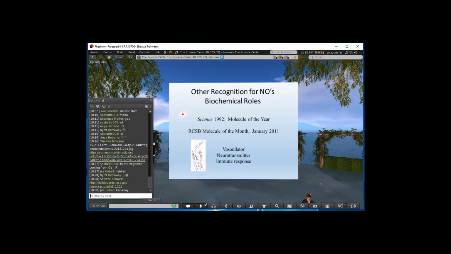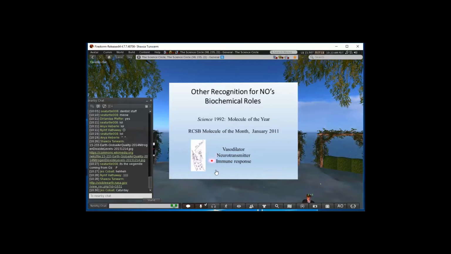So nitric oxide, it's magic, has a role as a vasodilator. That's the signaling I just mentioned, relaxing smooth muscle tissue to lower blood pressure. It's also a neurotransmitter. It's thought to transmit the pain signals. So it's basically emitted at the end of one nerve, and the neurotransmitter bridges the gap to the next nerve so it can continue sending the signal.